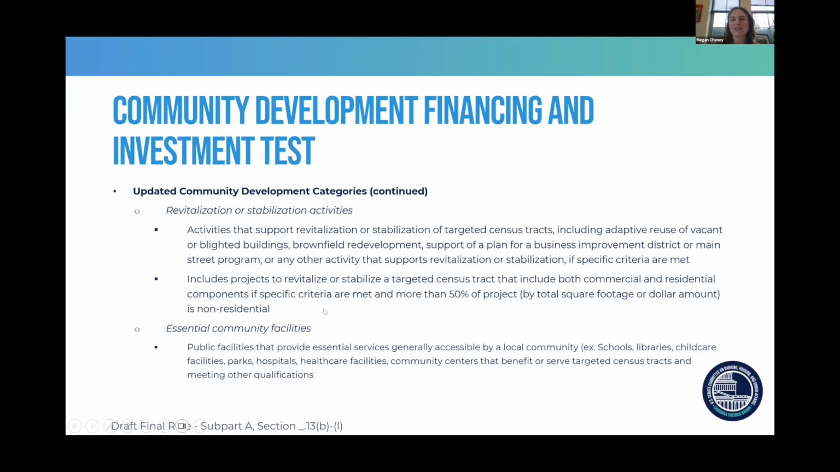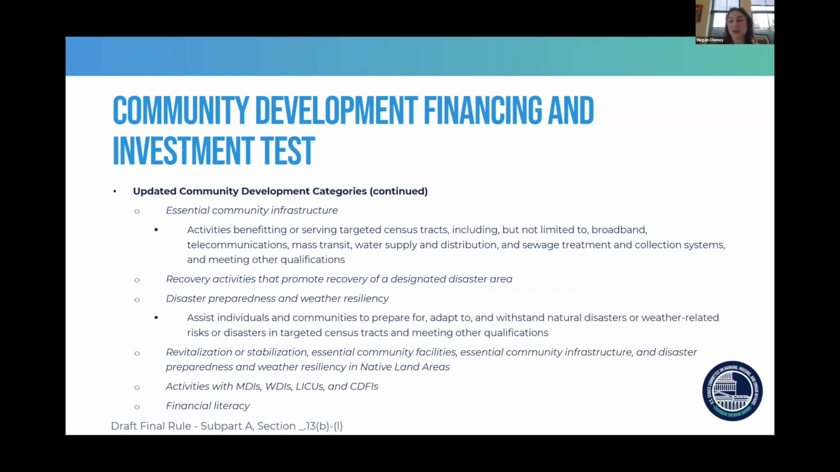Also includes any activities in targeted census tracts, and there's a definition of that that is both commercial and residential, as long as at least half of it is commercial. And also essential community facilities, things like schools, libraries, childcare facilities, parks, hospitals. Essential community infrastructure is also its own category. Things like broadband, mass transit, water supply and distribution,